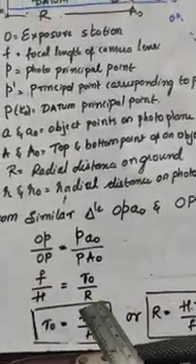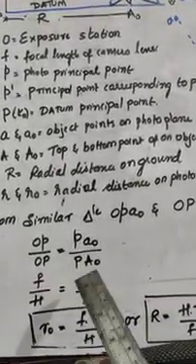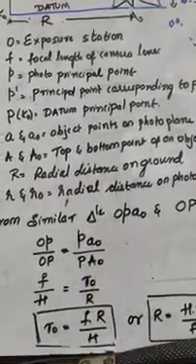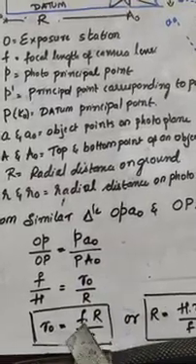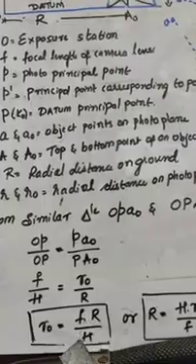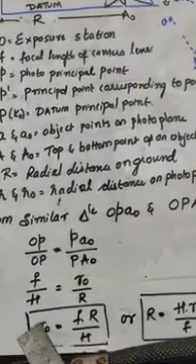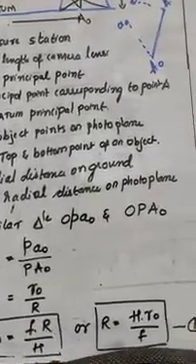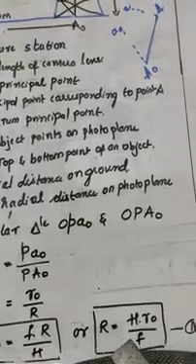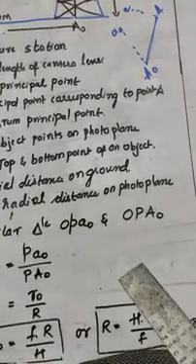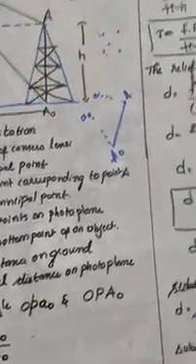So we have substituted this, and finally we are taking small r0 from this equation. So it becomes f into R divided by H. If we take the same equation for capital R, we can write this expression as H r0 divided by f. Let us take this as equation 1.